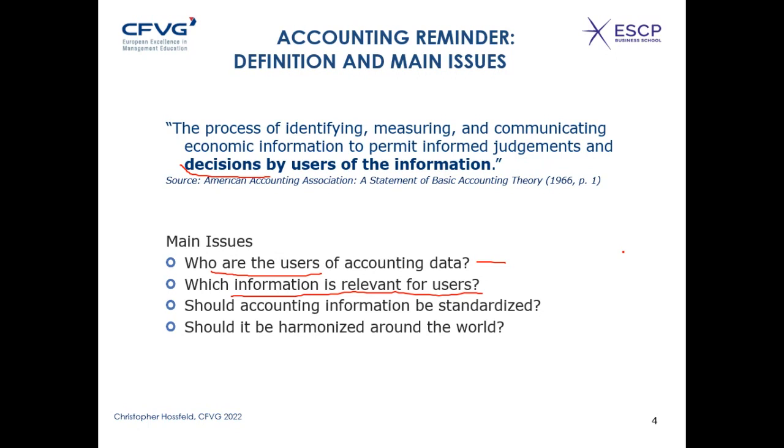Okay, so in many countries, not everywhere, but in most countries, dividend payments are legally linked to accounting profits. So in other words, if the accounting profit is 10 million, then the company cannot pay more dividends than 10 million. Well, I'm simplifying here, it's a little bit more complicated, but roughly that's the idea. So therefore, shareholders would check profits first because the higher the profit, the higher the potential dividend payments